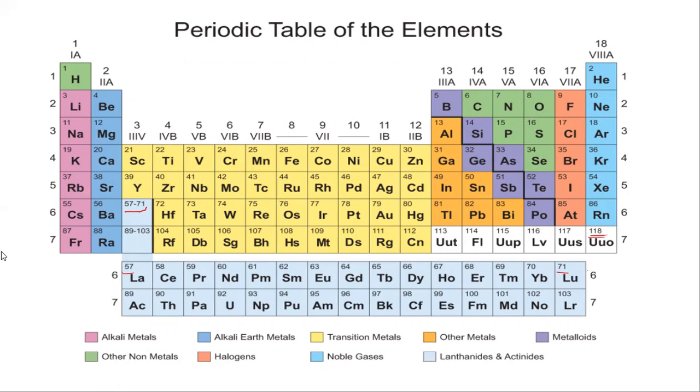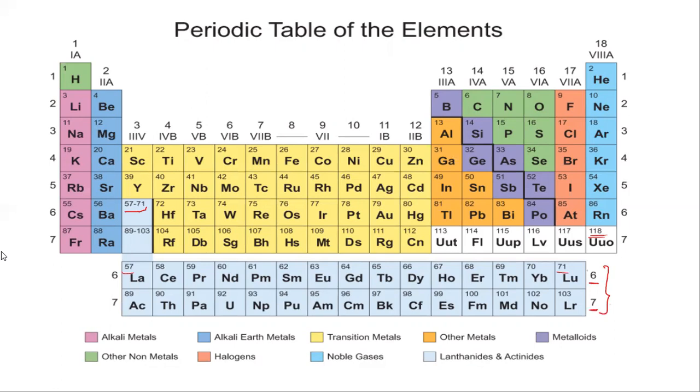So it is also known as lanthanide series. And next one is 89 to 103. The 89th element is actinium. So this is also known as actinide series. The elements which are kept at the bottom of the periodic table are known as the lanthanide and actinide series. It is the continuation of the 6th and 7th period. Is that clear?